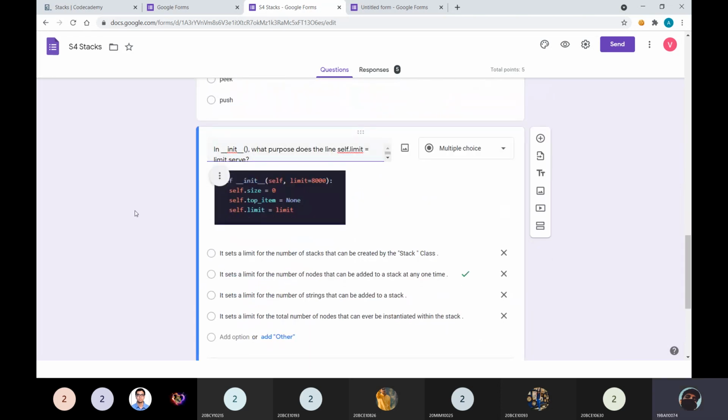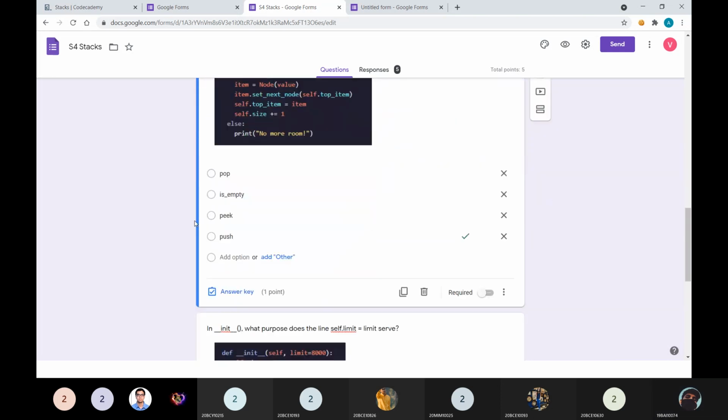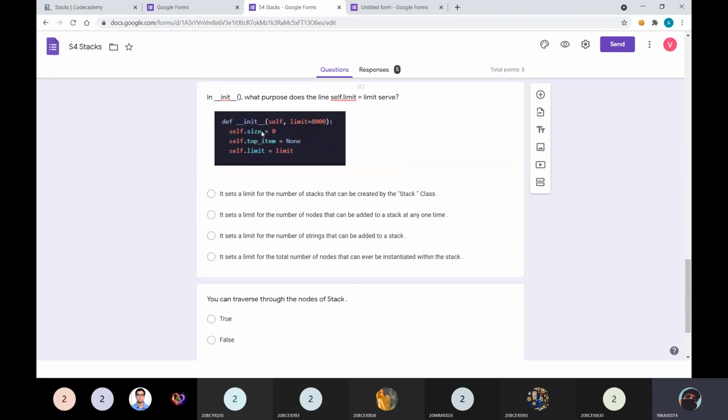In init, what purpose does the self dot limit equal to limit line serve? That is the fourth line in this box. What does it do? First option is it sets a limit for the number of stacks that can be created by the stack class. Second, it sets a limit for the number of nodes that can be added to a stack at any one time. Third is it sets a limit for the number of strings that can be added to